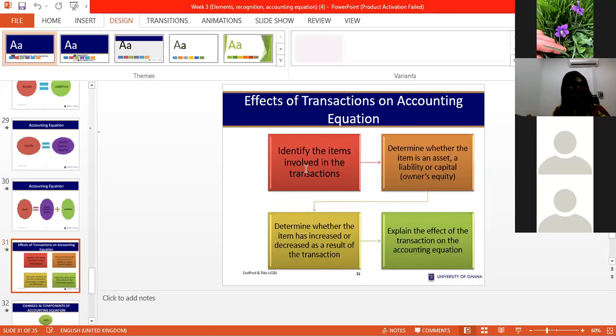Okay, again, let me refer you back to the definition of accounting. It is a process that seeks to record, measure. At least now we know measure. We know how to measure, putting a figure on it. So it will measure, it will summarize, it will categorize. But we can also have a transaction and just straight away. So we are going to go through the process gradually, but we also want to see the effect, the final effect on the reports that we generate. And that is what we are talking about here. So first and foremost, you'd have to identify the items involved in the transactions.